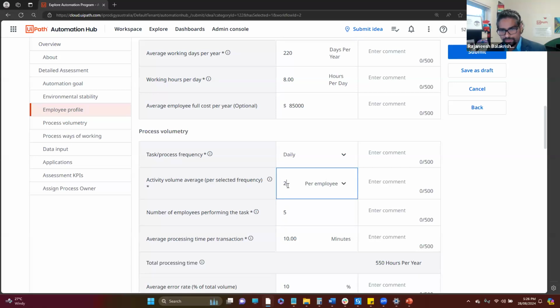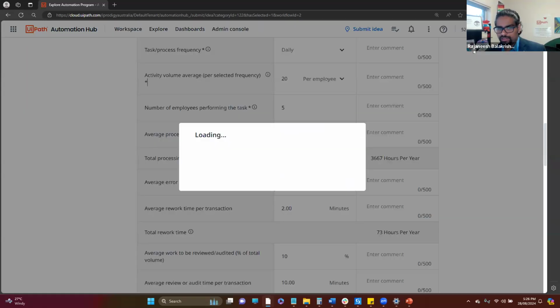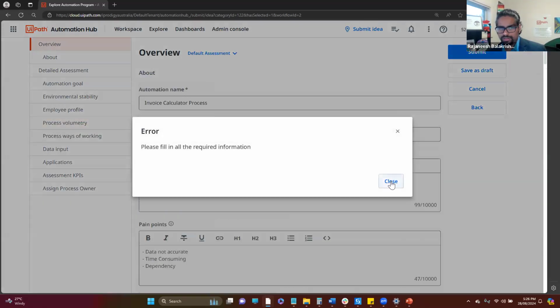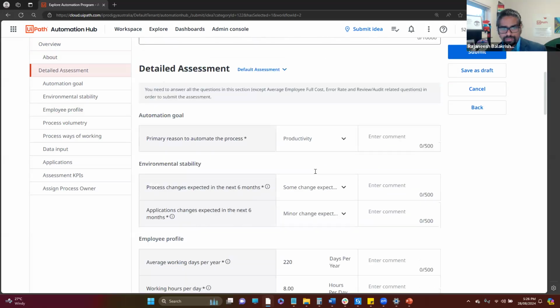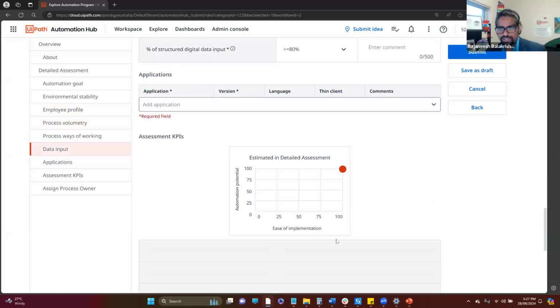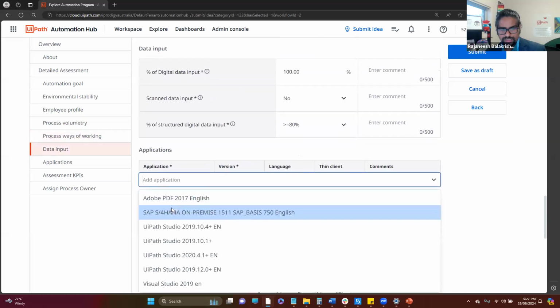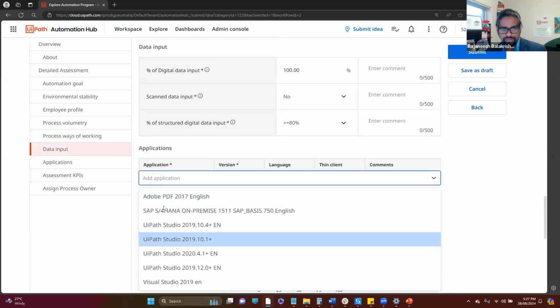Per day, they perform like 20 per employee. Submit. If you still didn't complete, it will prompt you to finish that properly. Where did I miss? See here. What are the applications involved? So you need to give